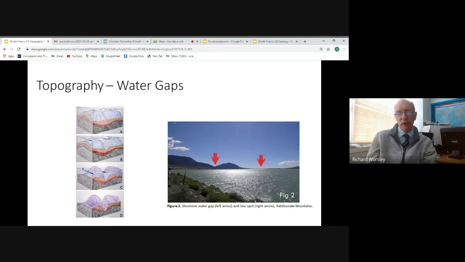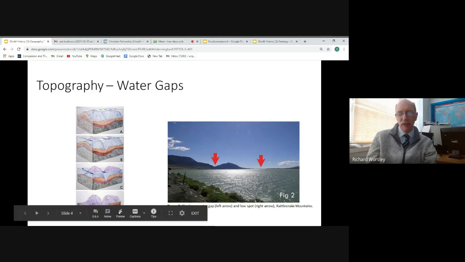Another feature that we might see, and this is more towards the second stage, the channelizing stage, is water gaps. This is where rivers punch their way through mountain systems. Often, in this case, when one would have expected the river to have gone out through the more obvious place, it actually ends up going out through a mountain. And this is because as the waters recede in this channelizing phase, they see a weakness in the rock strata. It will start to pull away at that weakness, creating this deep channel, and eventually leaving us with that.